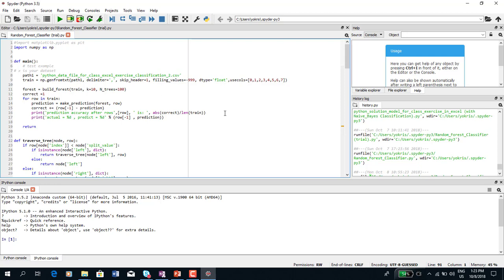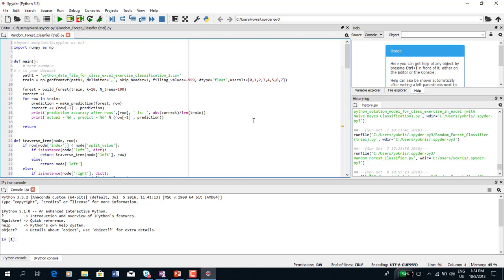In this case, we are using NumPy as a library, and as usual, we use the same two lines, lines 8 and 9, to get the data from a CSV file. And here we define a function. It's called forest. It is a build forest